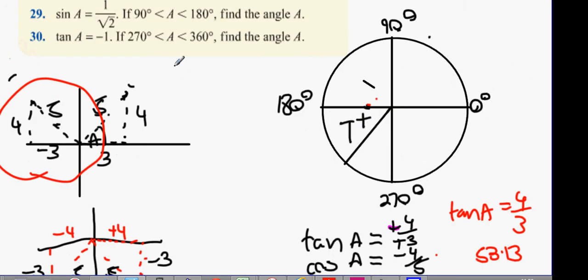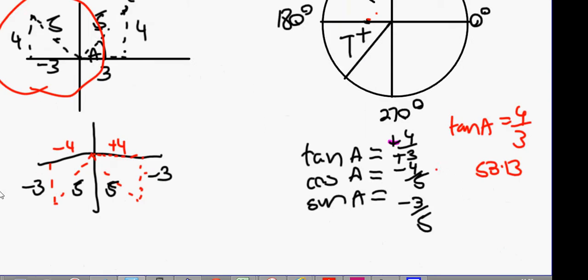Any angle, pick any angle between 180 and 270, and I guarantee you that sine or cos of 243 will always be negative, provided you have your calculator in degree mode, not radians mode. Okay guys, and finally